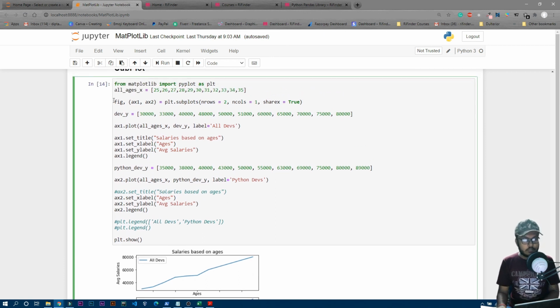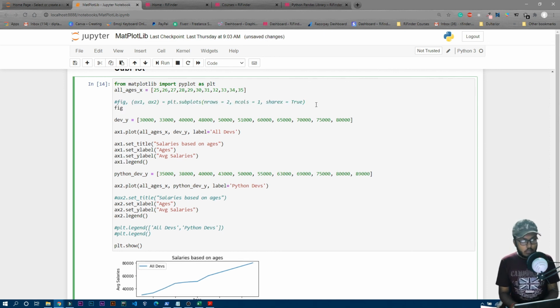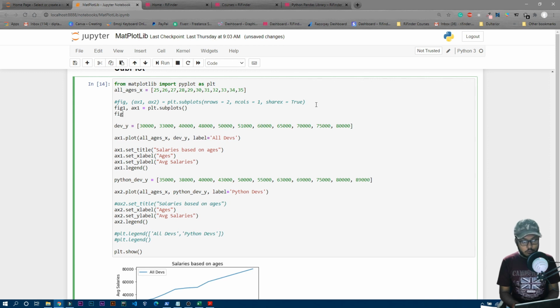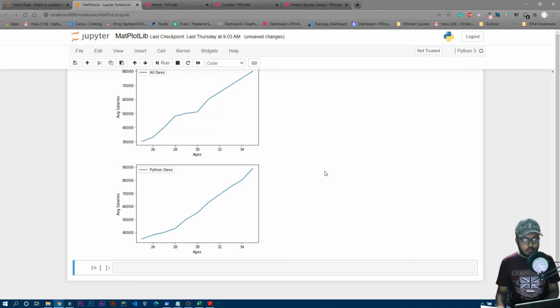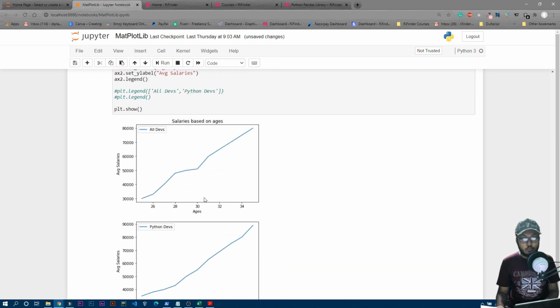Okay, so I'll quickly comment this thing and write over here again fig. Since we are making two big plots, we also need to change the figures for both. So it should be fig1 and ax1, okay, and that will be equals to plt.subplots. And the next one can be fig2 and ax2, okay, and again it can be plt.subplots. Right, now if I run it, you can see these two are now separated into two big plots.